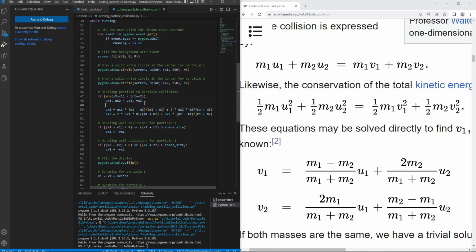I'll just tell you one quick thing before we actually run this and see if it does what we want it to do. I was considering for this video just looking through a derivation of how we take these two equations of momentum conservation and kinetic energy conservation and actually seeing how we get to these equations. And it just turned out, actually, what I thought was going to be a really trivial exercise turned into too many pages of me trying to get to the answer and knowing what the logical answer was and not managing it. And then I discovered that there's like a really cheeky substitution that I had forgotten,